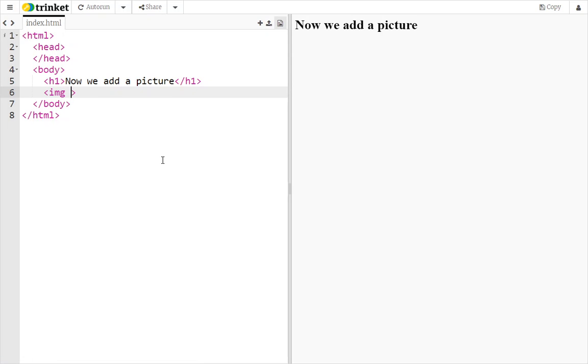So here is what I almost always do, especially when we're going to do some pasting, because you just never know what you're going to get. I always do source equals quotes, and then go outside the quotes, space, alt equals quotes, outside of it, width equals quotes. And I just do all three of those right away, because sometimes this source,